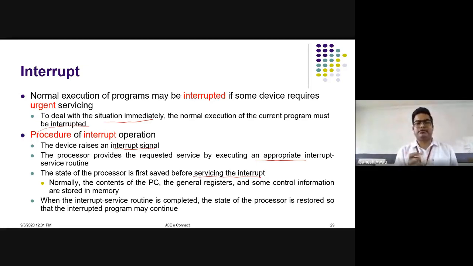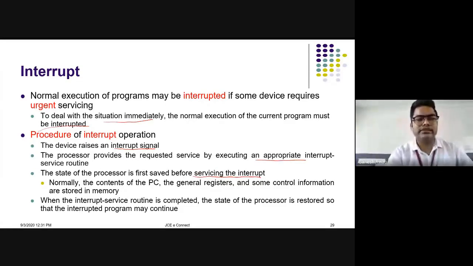Take an example: you were reading a book, and suddenly your mom called, so you went there. But when closing the book, you keep something in the book, yes or no, so that you remember which page you were on. Understood? In the same way, our processor also needs to remember where it was. Because the processor does the interrupted task first and then comes back to the previous one, it has to know where it was, so it saves that.